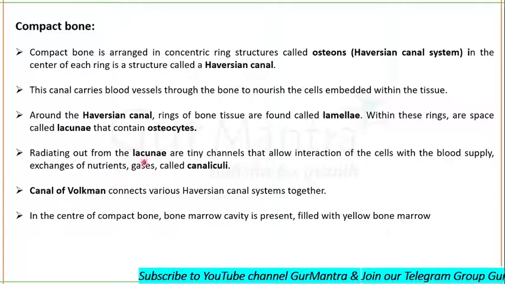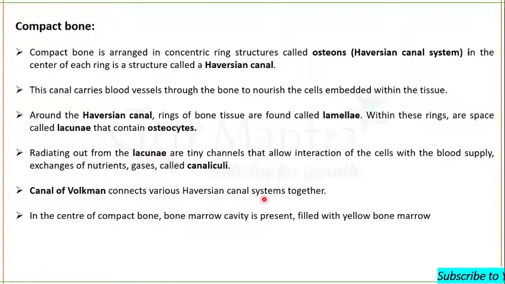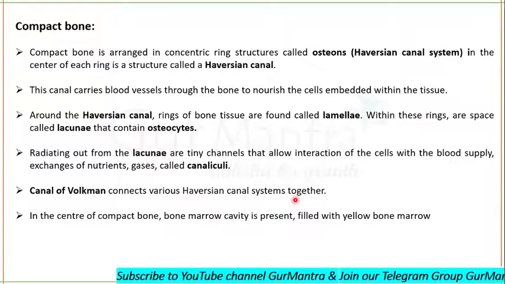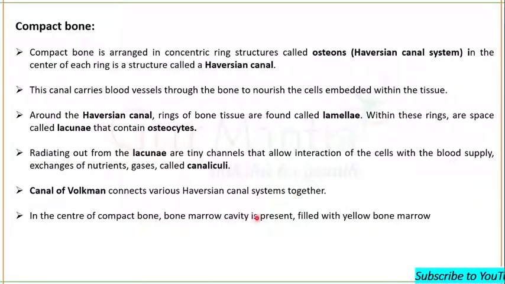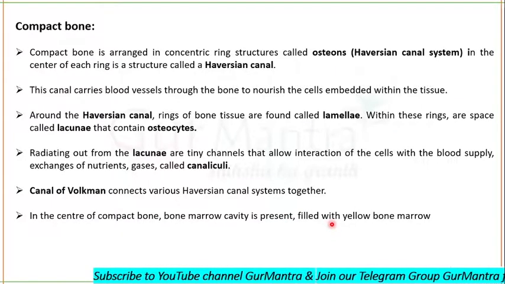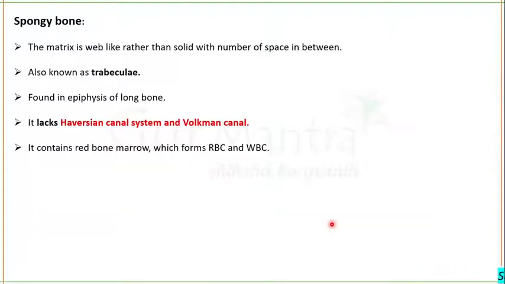The canal of Volkmann connects various Haversian canal systems together. In the center of compact bone, a bone marrow cavity is present, which is filled with yellow bone marrow. Remember one thing, compact bone has a bone marrow cavity which is filled with yellow bone marrow, while